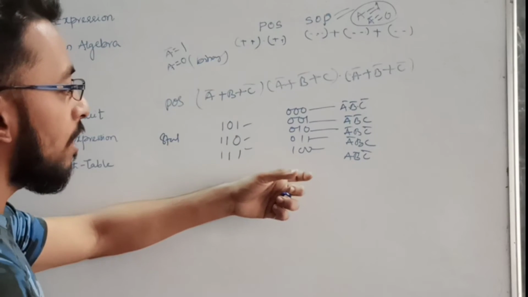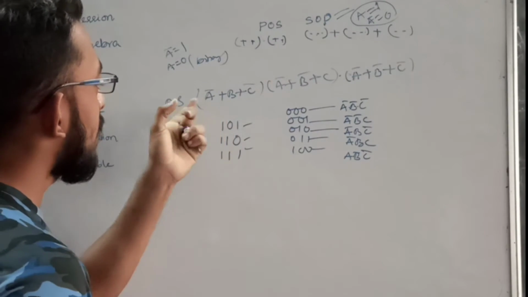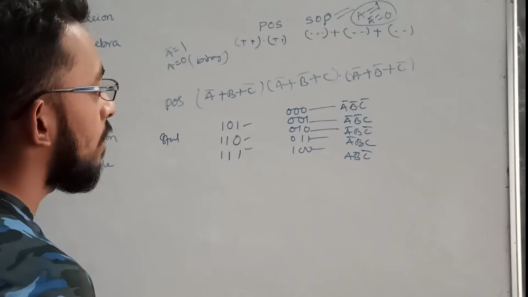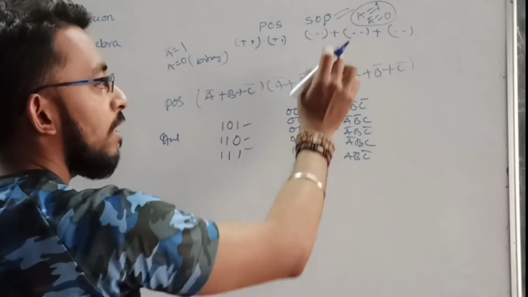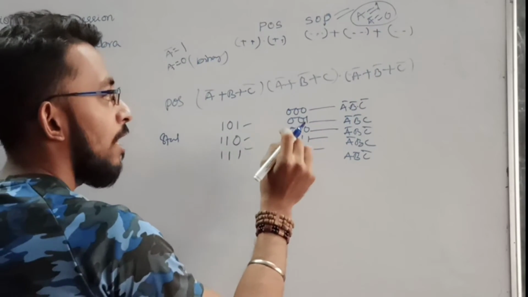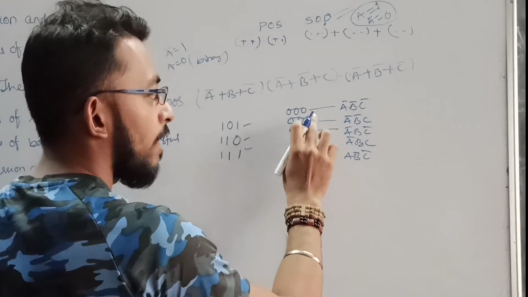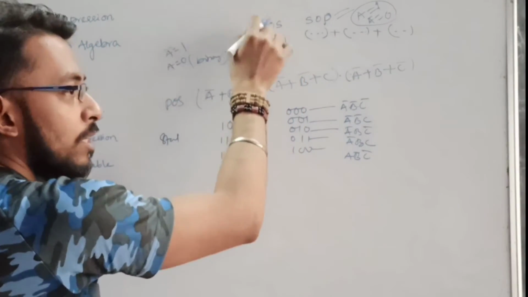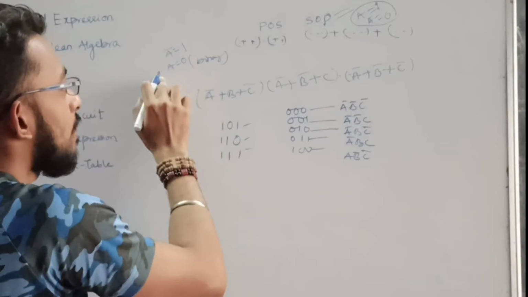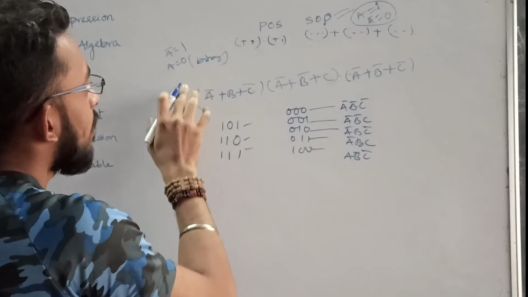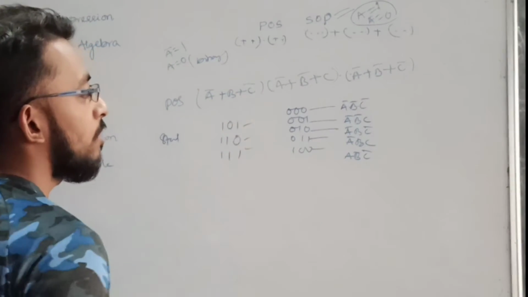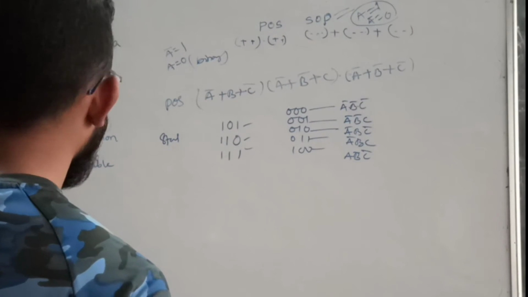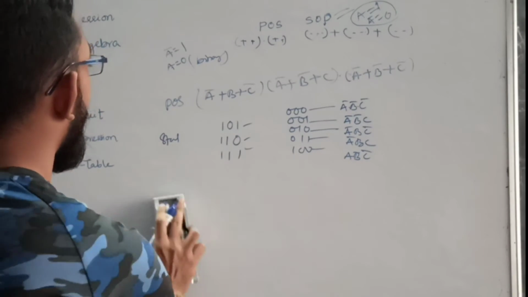Okay, now I think it is clear to you. These are the terms that are present in my POS. Now I convert this into my SOP by taking the terms that are not present in my POS. And for SOP, I am writing in this way: for a variable or literal with no bar, it is represented as 1, the normal case, and for the bar, it is 0. And for POS, since I am looking for the output equal to 0, that's why I am taking it the other way: my A bar is nothing but 0 and my normal value is nothing but 1. Okay, so this is the conversion. Next we will see how to convert this Boolean expression into a truth table.